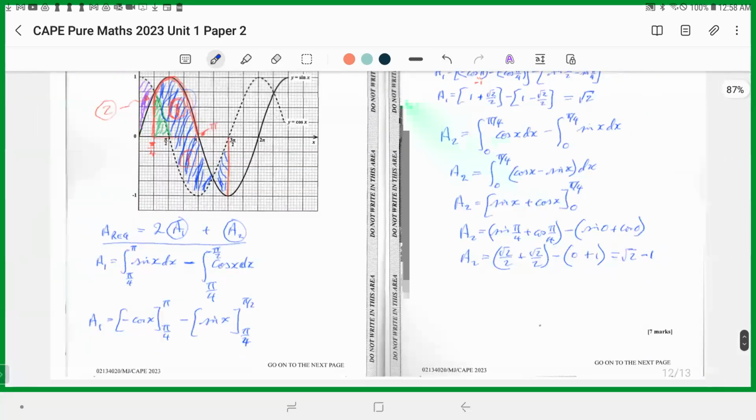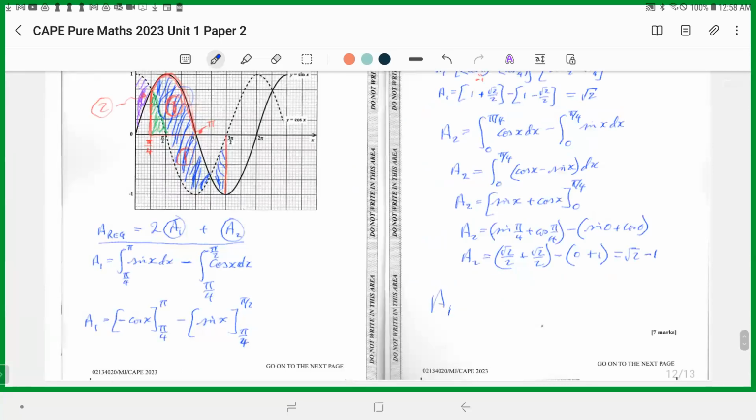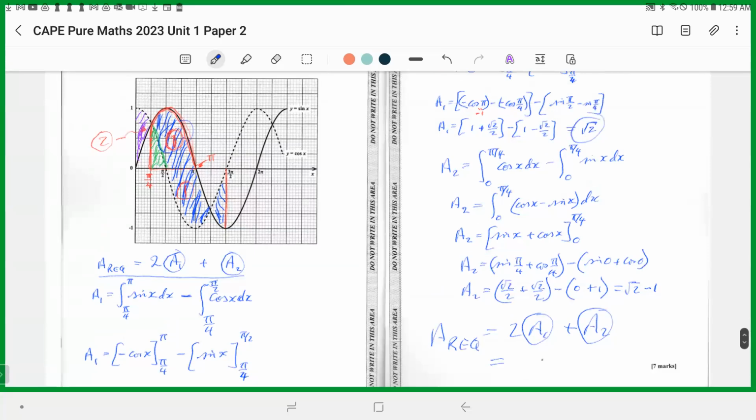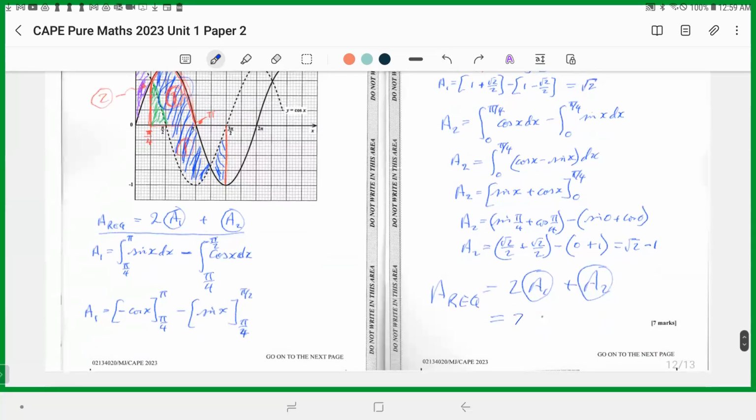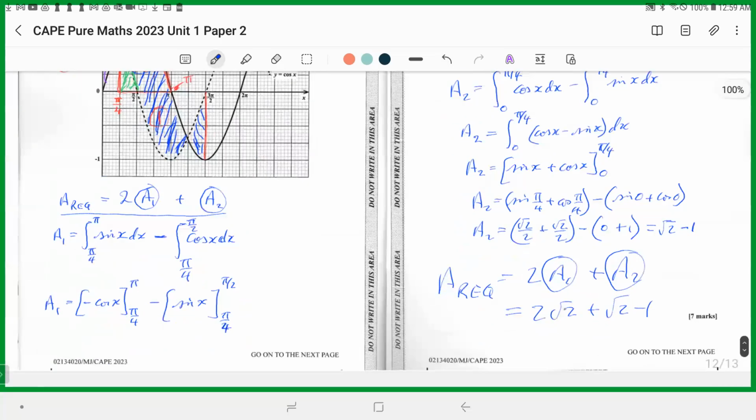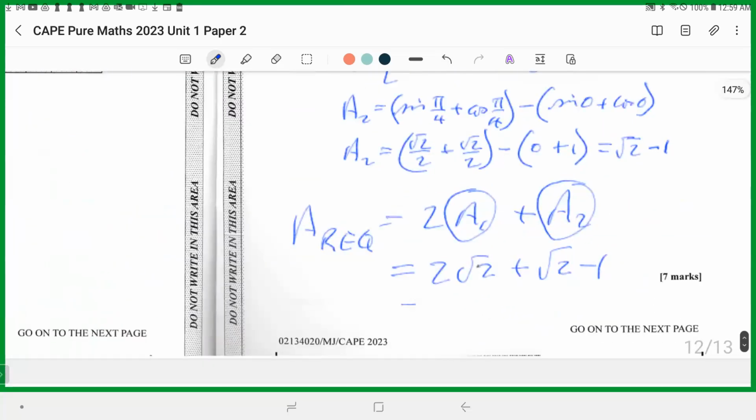So the area required, remember, that's a nice question, I like it. Remember, it is 2 times area 1 plus area 2. Area 1 was what again? Area 1 was root 2. So it becomes 2 root 2 plus area 2, which is root 2 minus 1. Alright, so the final answer is 3 root 2